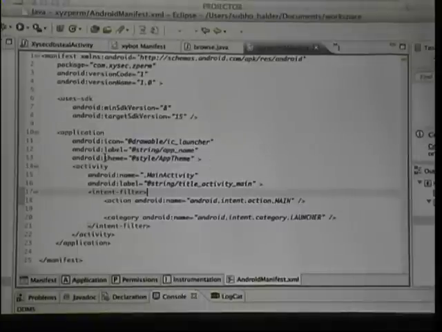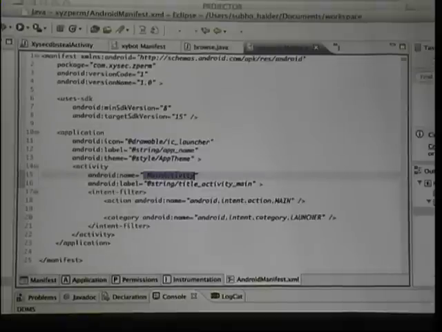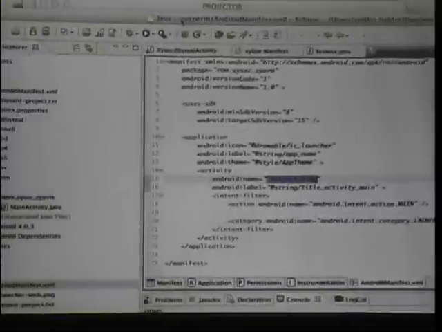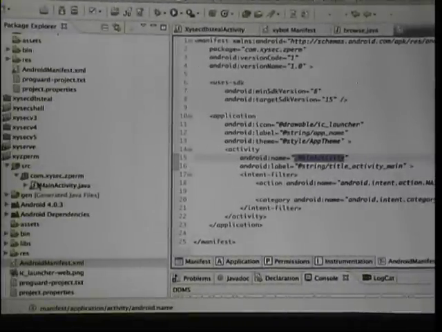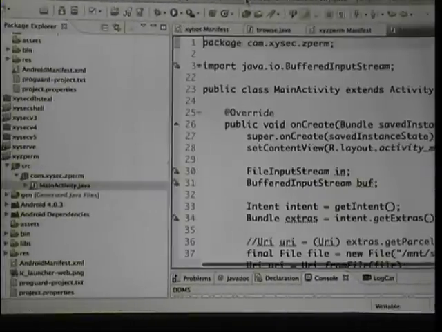So you can't see any permission over here, right? There is just one activity class which gets called, and there are no other permissions. So how did we steal the data? If I can just show you the source.